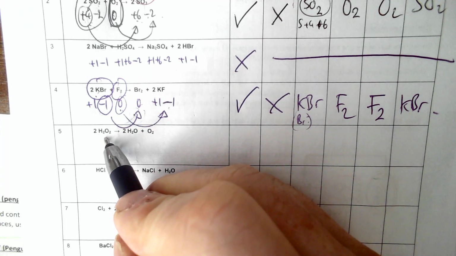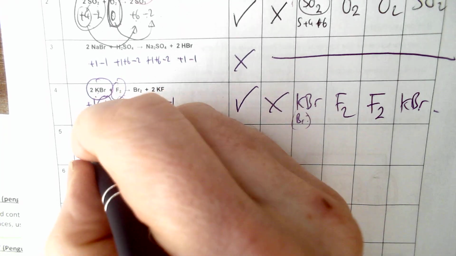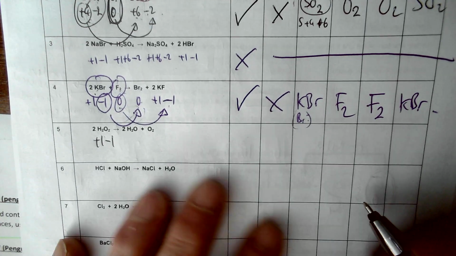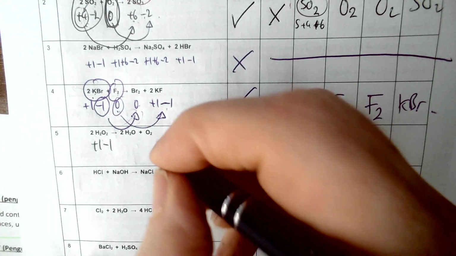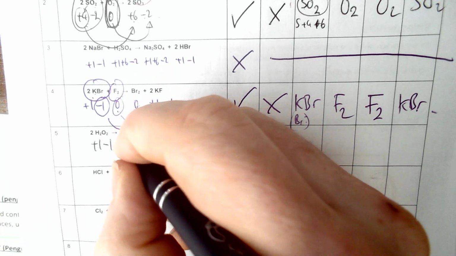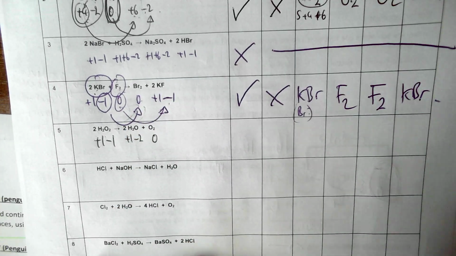You might remember H2O2 from the start. Hydrogen +1, oxygen -1, bizarrely. It has to be that. Go back to the first lesson. Oxygen on this side is 0, oxygen here is -2, hydrogen +1. What you'll notice is the hydrogen